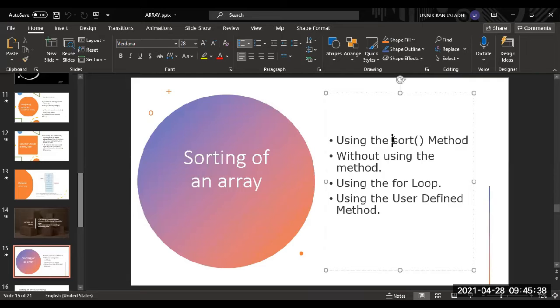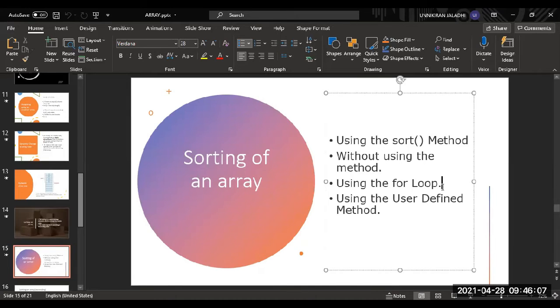We can also do it without using the method, by using a for loop. So for your information, we can use the sort method as well as a for loop. We can sort it out with a sorting algorithm like bubble sort.